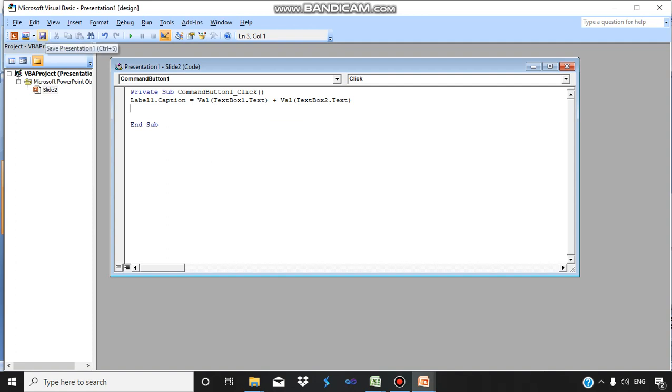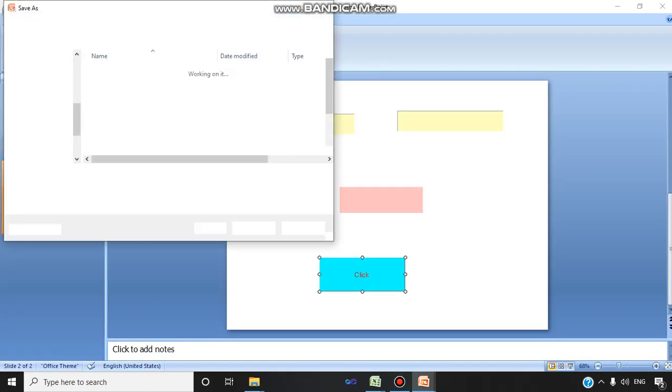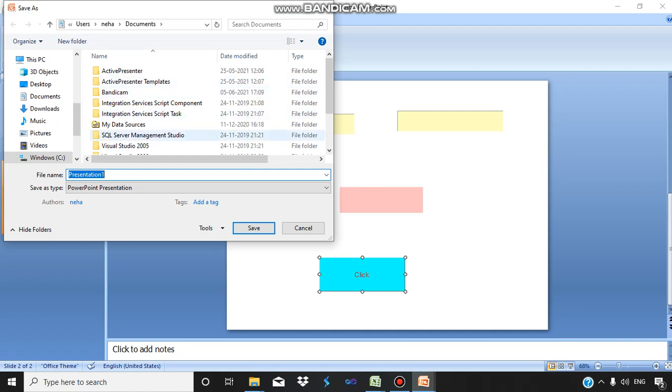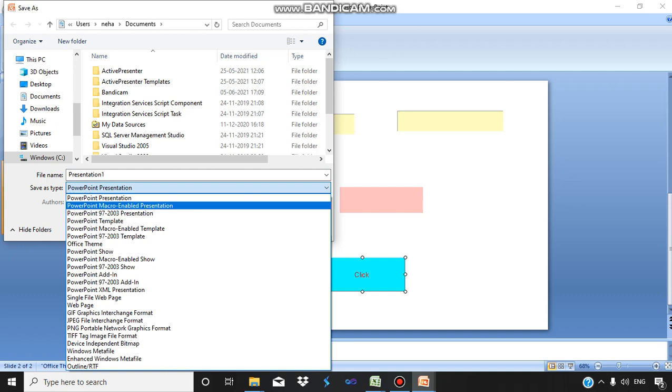For this we go to save presentation. Now when you create macros in PowerPoint and you are saving that file, come to that text box, save as type, and here it's written PowerPoint presentation. In this you have to select PowerPoint macro-enabled presentation, because you have created macros in the PowerPoint slide.